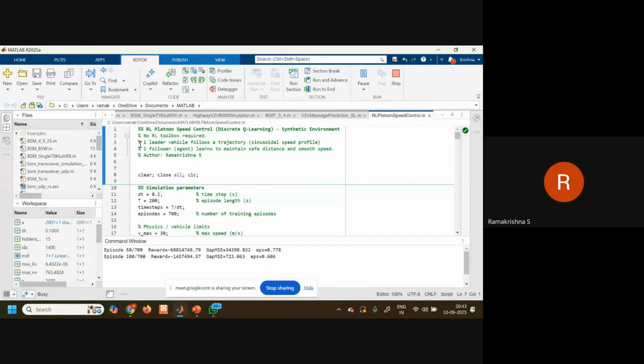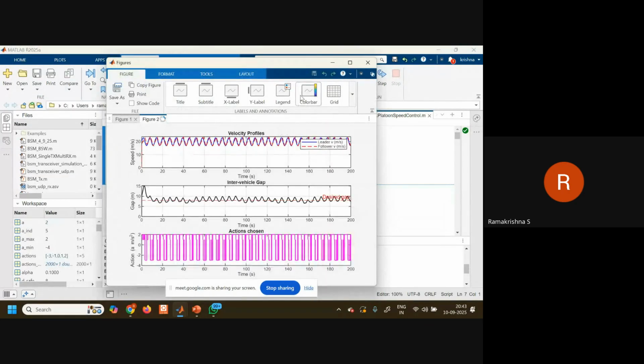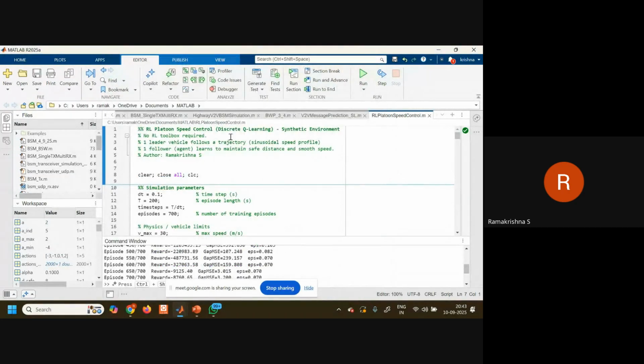So as I mentioned, we are going to have one leader vehicle and another one is the follower vehicle, wherein we are trying to apply Q-learning, one of the standard learning algorithms of the reinforcement learning technique. Over here also, we are trying to use synthetic data and trying to obtain this particular condition. The kinematics over here is, as I mentioned, one leader and the follower vehicle, wherein